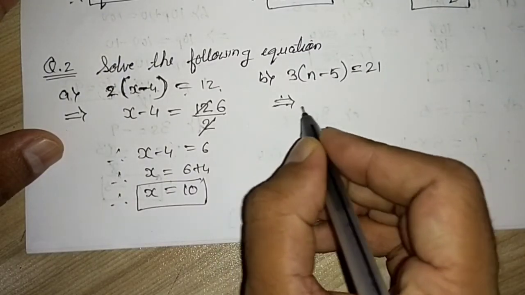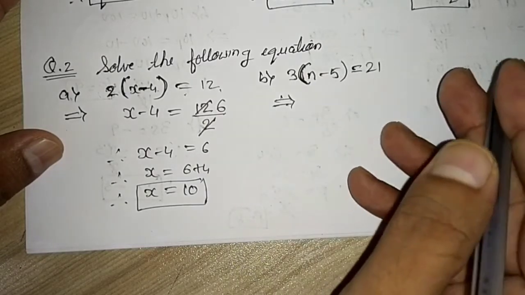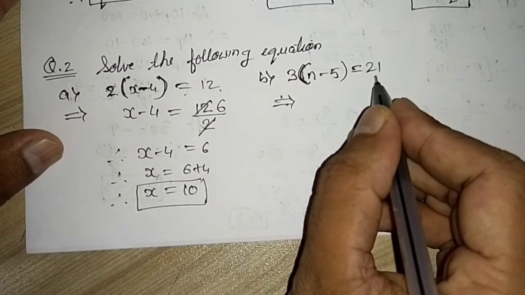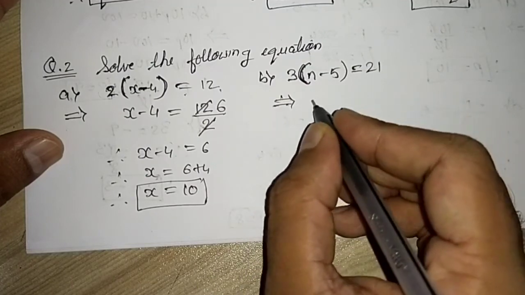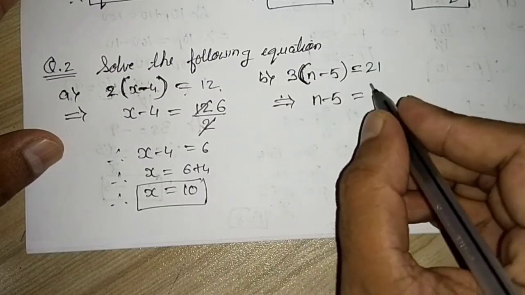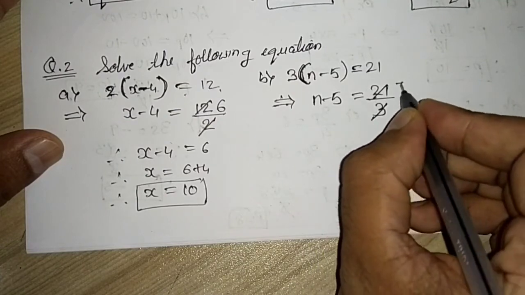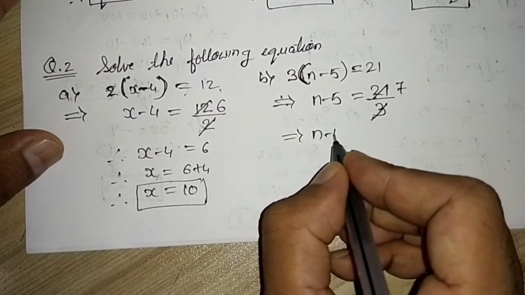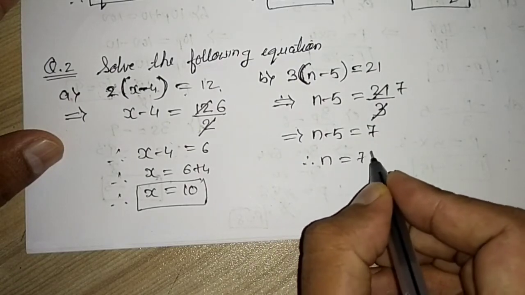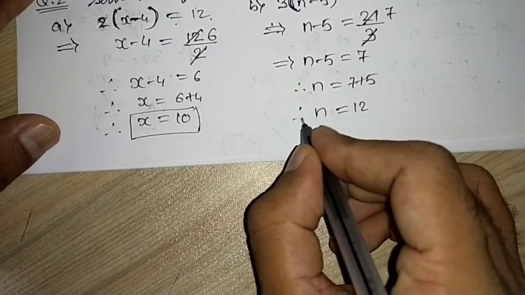Now see, again I will not open the bracket. You can open the bracket also and solve, it will be solved, but if you take 3 to the RHS it will be solved easily. So I am taking n minus 5 as it is, 3 which is in multiplication with this bracket, it will go in RHS and divide. So we will get 3 1s are 3 and 3 7s are 21. So n minus 5 is equal to 7. Now transposing minus 5, it will go there and become plus 5. So we will get n is equal to 12.